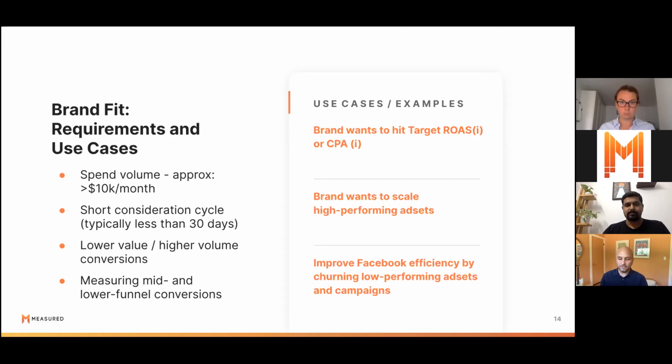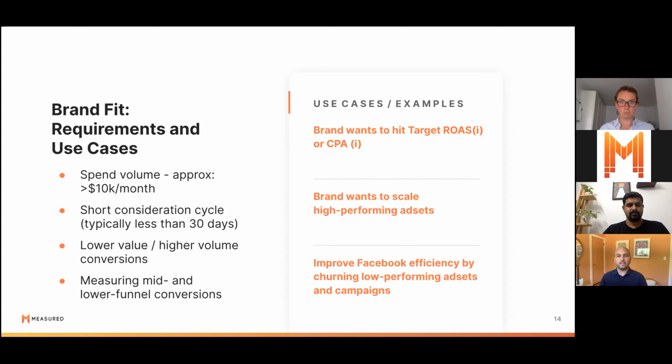Great. So though it may seem obvious to some, but maybe not to others, if you are, for example, an auto company with a really long sales cycle, possibly up to several months, and you don't have a high volume of transactions, but you have a very high value transaction, it may be a little harder in a geo test environment to draw conclusive, statistically significant results versus a brand that may have a higher volume of conversions at a lower value that tend to happen more frequently, so you can more effectively measure that in market. Does that make sense?